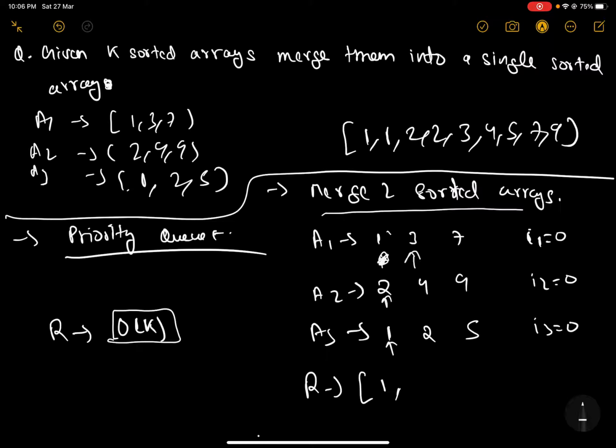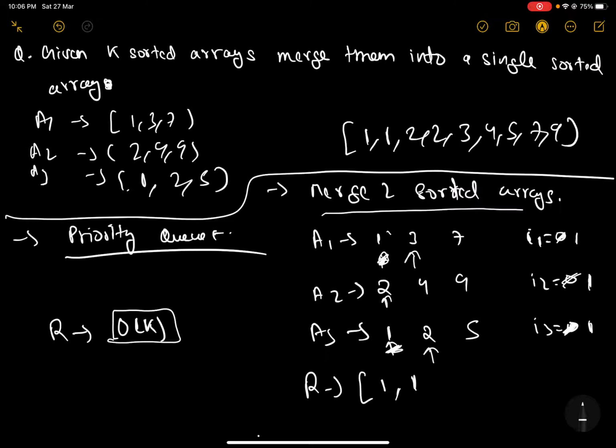All right, now between these pointers, that is I1 equals 1, I2 equals 0, and I3 equals 0, I know that A3[0] is smallest, that is its value is equal to 1. So I'll choose it. I will increment the value of I3 by 1, and I will also shift the pointer to 2. All right, now between 2 and 3, I know that 2 is the smallest. So let's say I'm choosing 2 from A2. It doesn't really matter, you can choose 2 from A2 or A3, it won't really affect the end result.